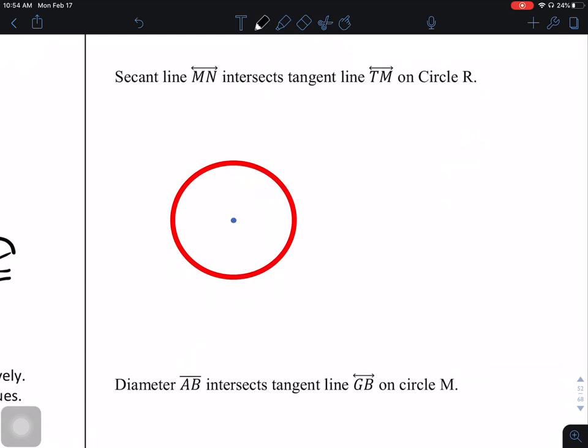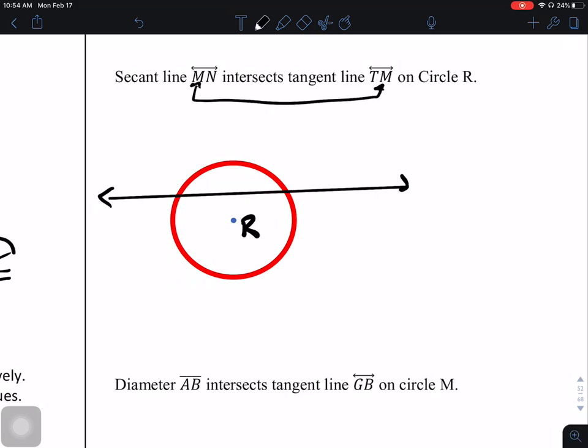Secant line MN intersects tangent line TM on circle R. So the only thing that I know for sure right now is this is circle R. I know I have a secant line, MN, I'll draw that first. It says secant line MN intersects tangent line TM. Now, those share the same point M. I'm going to assume that that's the common point here. So if I draw this tangent line